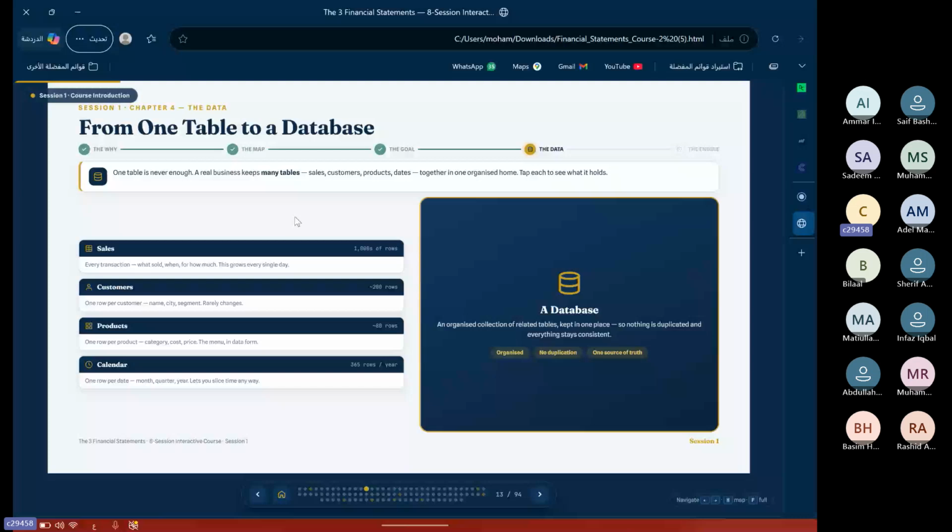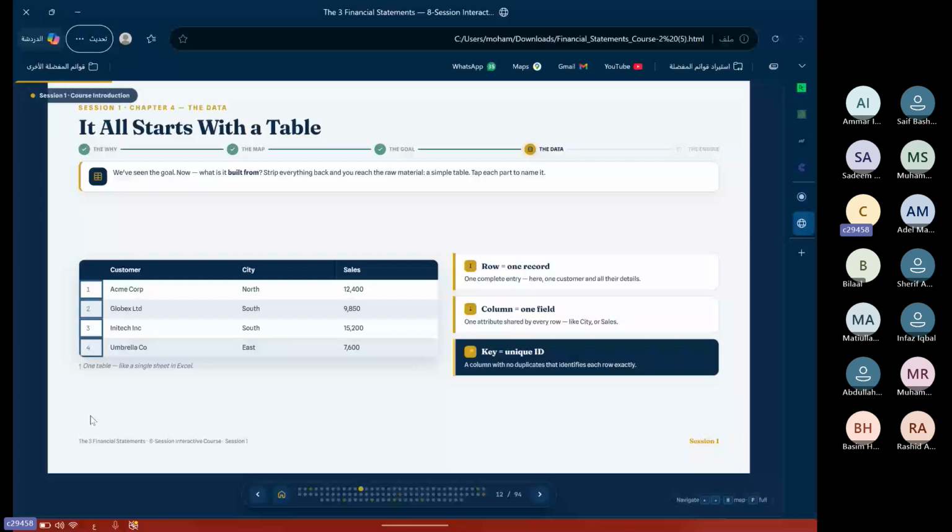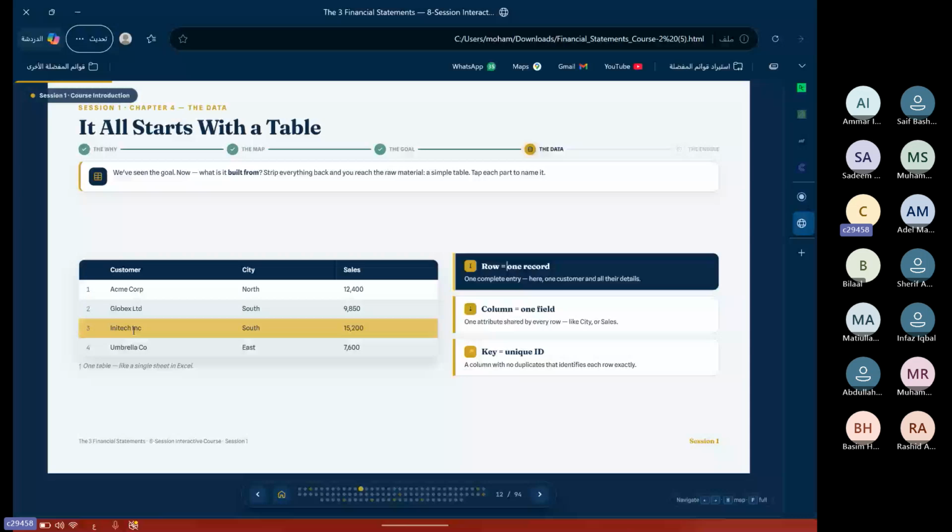I mean, for example, if we speak about your company having 10 branches, I will have one table for these branches, and for each branch, each row, this table will contain only 10 rows. Each row, each record, will have, for example, the Jeddah branch, the city for Jeddah, Mecca, and everything about this branch, like the manager name. So everything fixed about this branch will be in the table. So this is the dimension table.